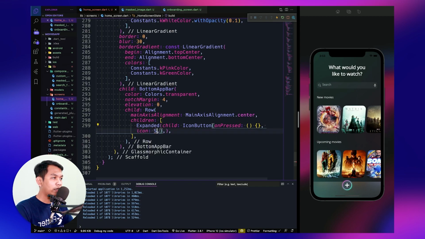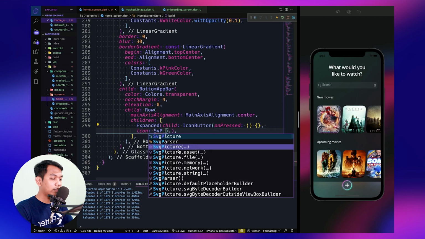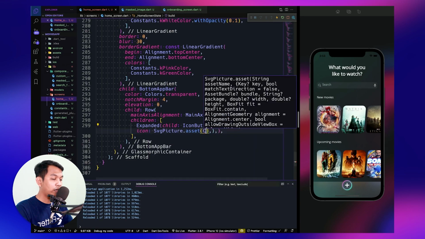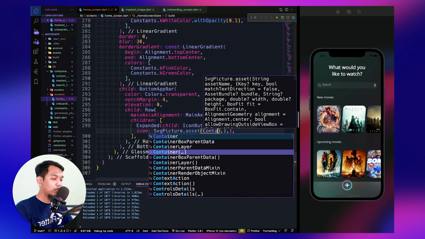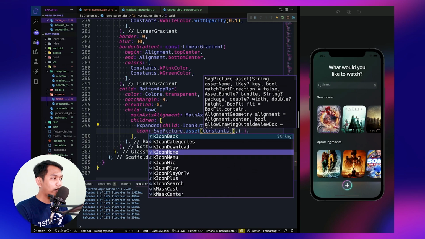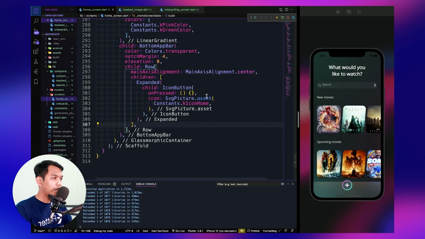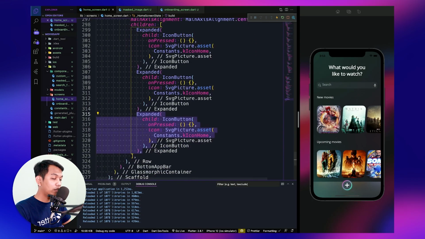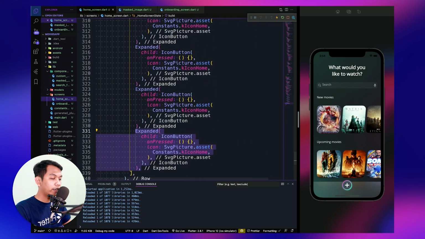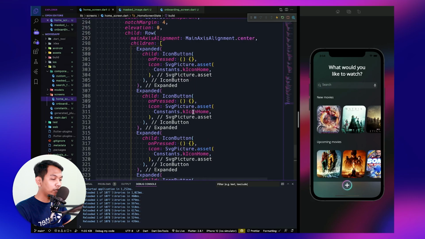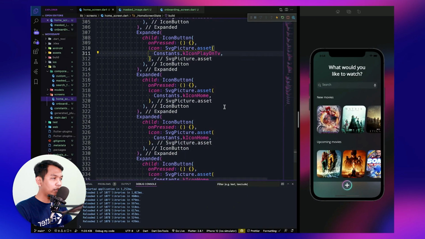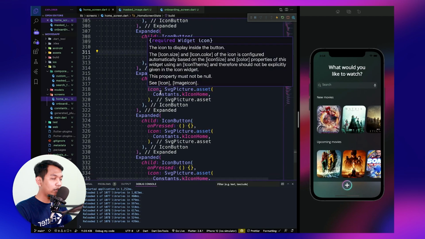So we say here svg picture asset, and we call our asset using constant, and we will say icon home, and maybe we need to duplicate this 5 times, 3, 4, 5, and the next is play on TV, and the next is for the child.